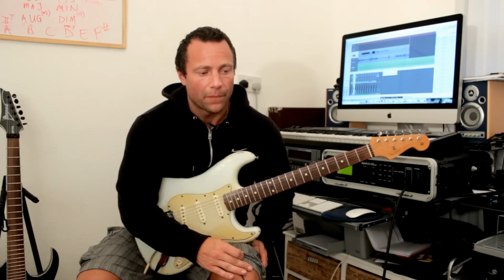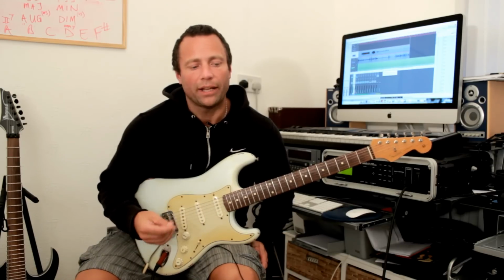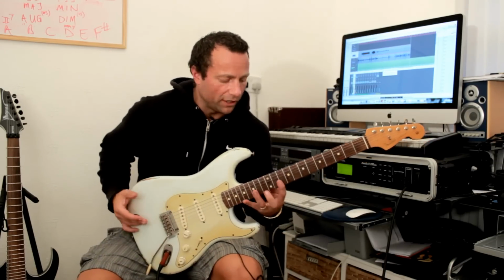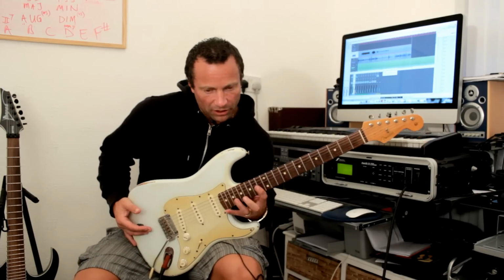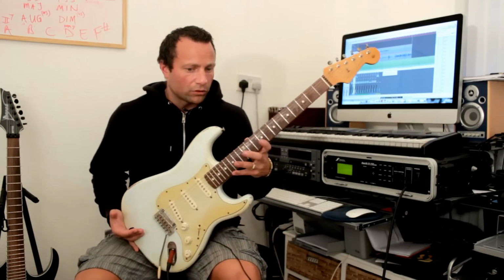Exactly like that. So I would advise you to at least try that out if you can. But there are going to be things that you can't play. You've got to adjust the strap height just so that you feel comfortable. You know, when you're doing wide stretches and you've got a big left-hand extension, especially higher up on the fretboard, you do have to alter the position a bit and